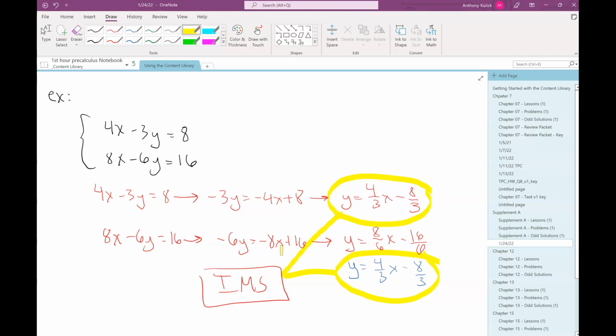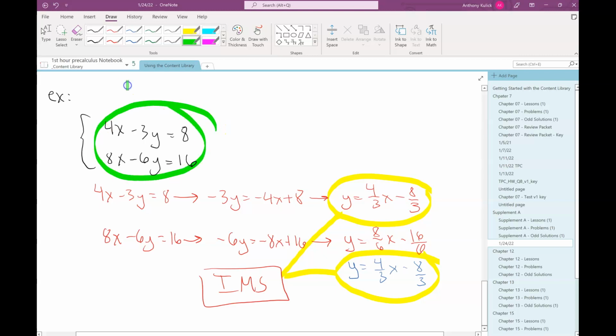So in all reality, you could have done this without even graphing it at all. Everybody's okay with that idea? And really, if it's me, I could tell here without even having to rearrange anything that this is infinitely many solutions. And the way I could tell